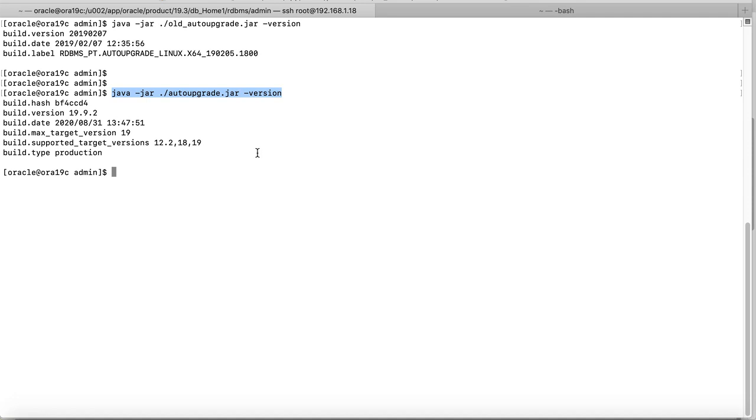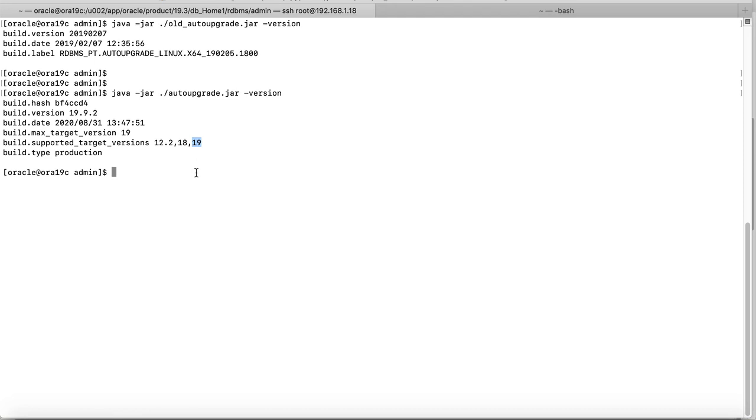It is not version specific, so you can download the latest auto upgrade even if your target Oracle home is 12.2, 18C or 19C, and then you can make use of this auto upgrade utility to upgrade any of your older databases to either version 12.2, 18C or 19C.